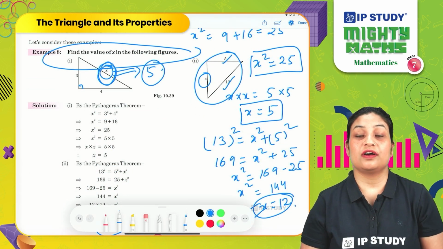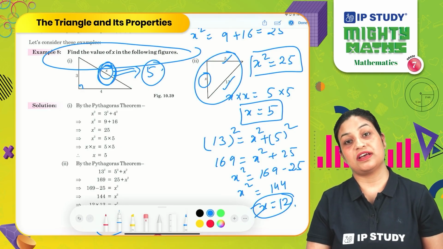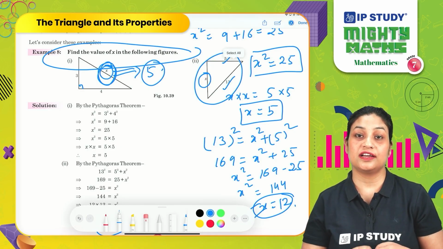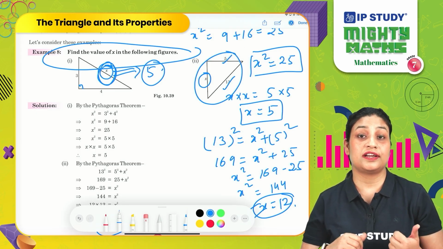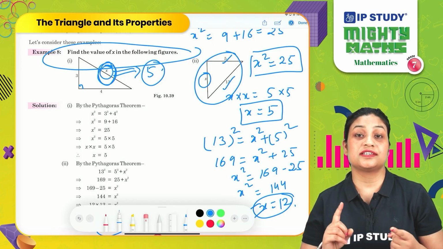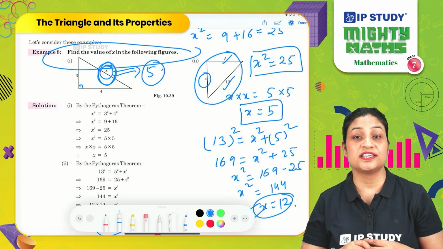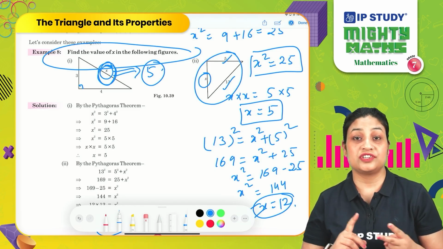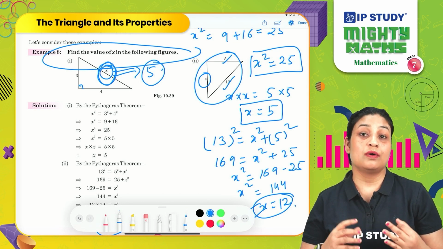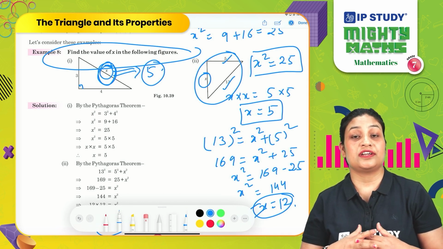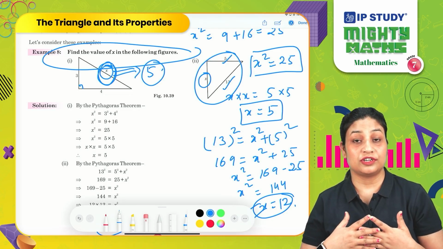I hope you have understood the topics that we have covered in this chapter. So let's quickly revise them. First of all, we discussed what a triangle is, we defined a triangle, then we defined different regions of a triangle, like the interior and exterior region. Then we discussed what medians and altitudes of a triangle are. Thereafter, we discussed different properties like the angle sum property of a triangle, the exterior angle property, the inequality of a triangle, and at the end we discussed the Pythagoras property of a triangle, right? I hope these topics are very much clear to you.